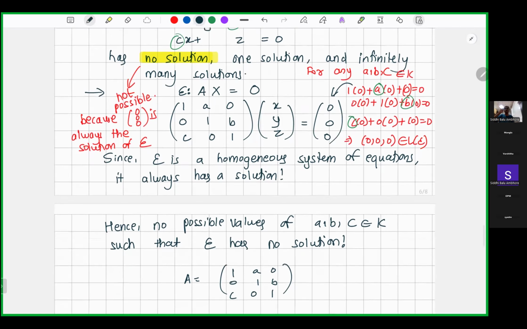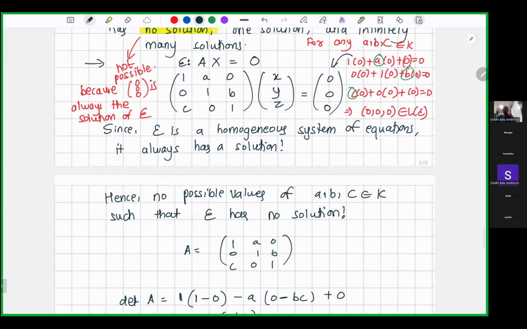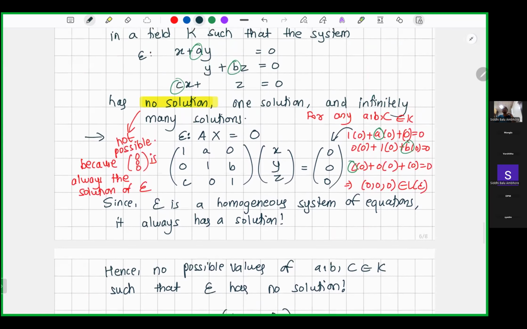Okay, so not possible because 0, 0, 0 is always a solution. So there are only two possibilities when we talk about a homogeneous system of equations. So when we talk about